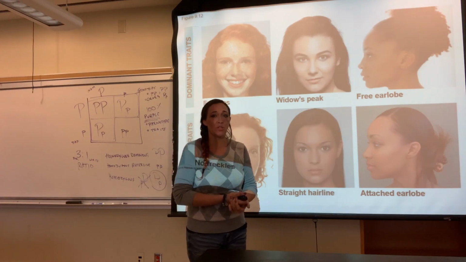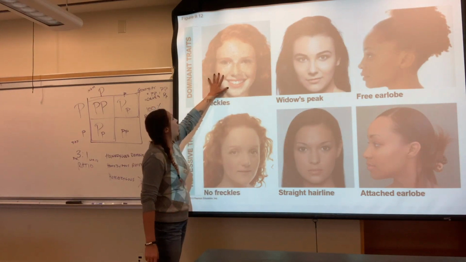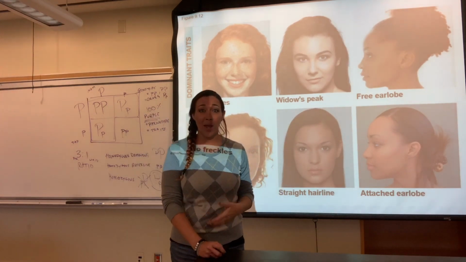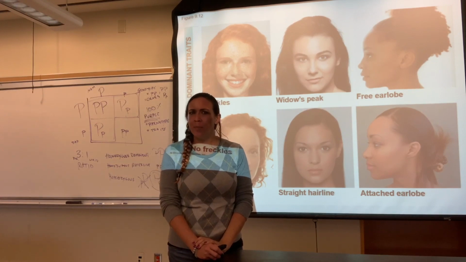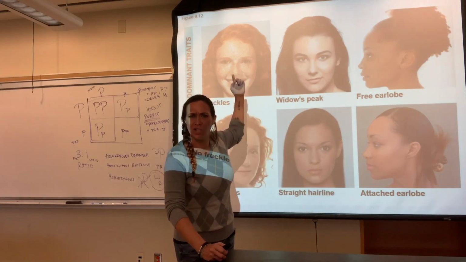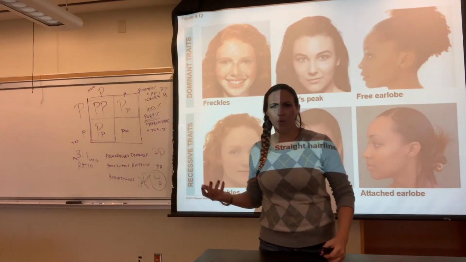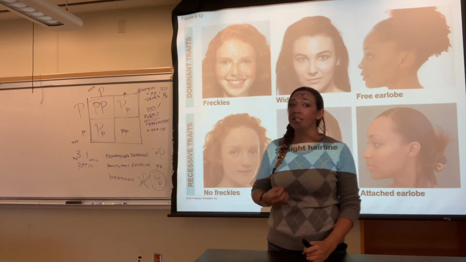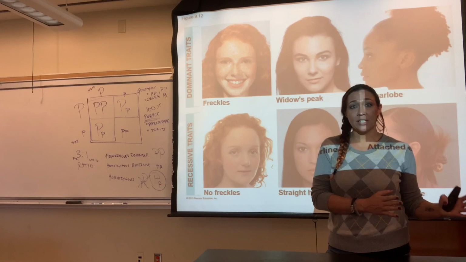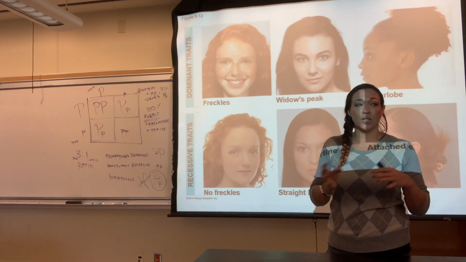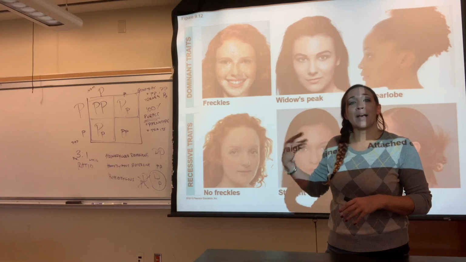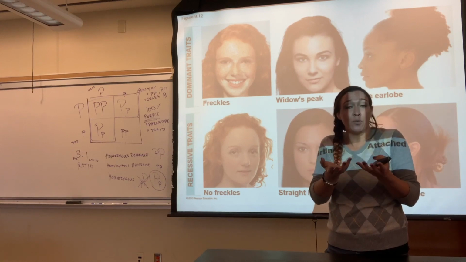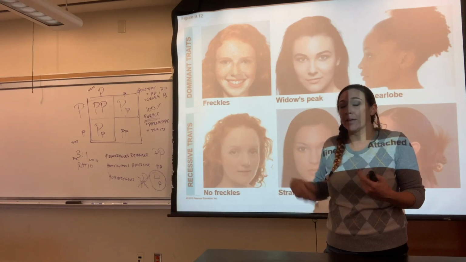And that's what we can see in some of these traits for humans. We have things like freckles, which is dominant to non-freckles, right? Normally I would ask the class to raise your hand if you have freckles, and usually not a lot of people raise their hand, which makes you think, if it's a dominant trait, how come more people in the class don't have it? Well, just because it's dominant doesn't mean it's common. It just means that if you have a recessive trait and a dominant trait, the dominant one will show up. It will mask the other one. It doesn't mean it's more common in the population.